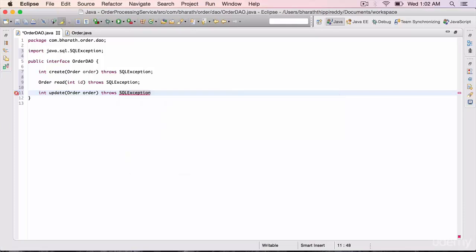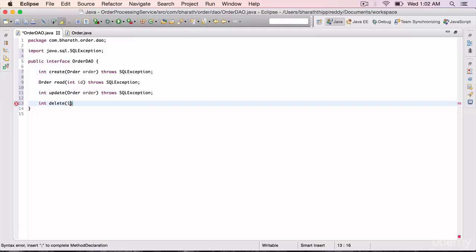SQL exception. Finally, the delete method, which again returns an integer, delete, it takes the integer order ID as the parameter and it throws a SQL exception as well. We are done with our order DAO interface.